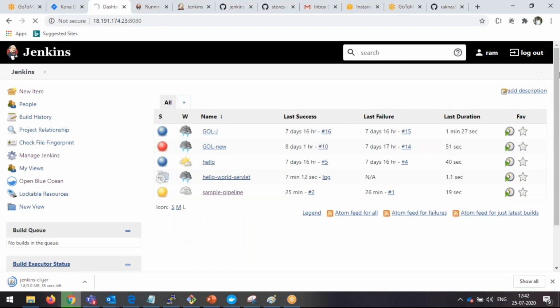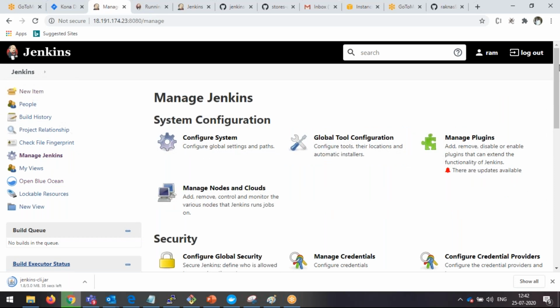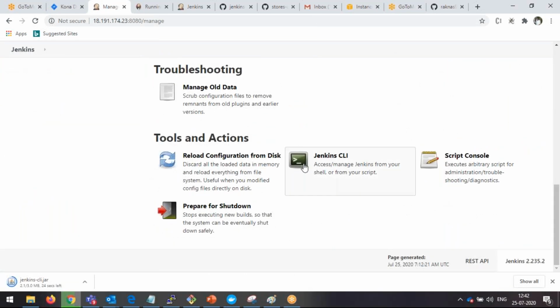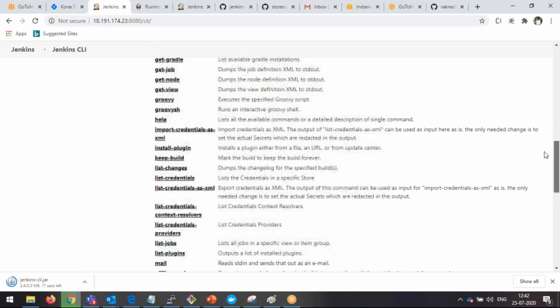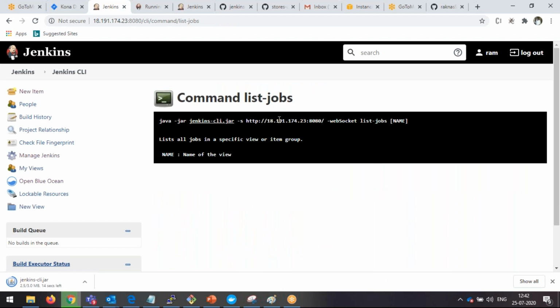Now manage Jenkins and go to the CLI part. Now take the command. Now we can observe it is updated: 18.191.174.23:8080. So now when you want to execute this command, we have to take this one,